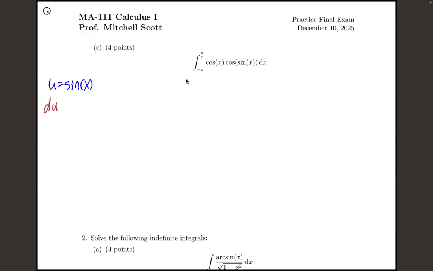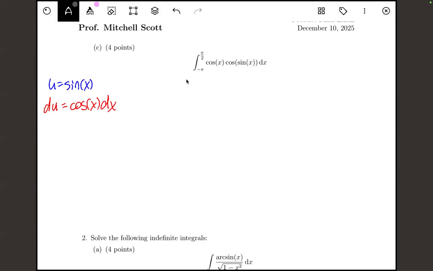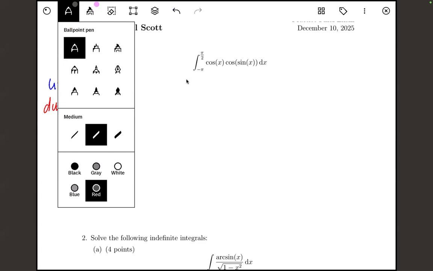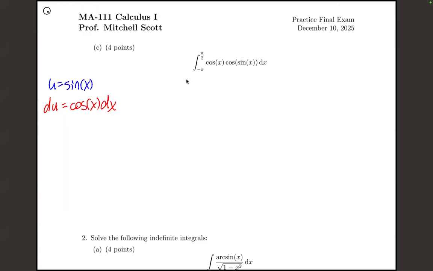So we end up with du is going to equal cosine of x dx. And remember, we're taking the derivative here, so that's why sine goes to cosine. Even though it is an integral problem, we are doing du here, and that's why we get cosine here, not minus cosine. Okay. And again, these bounds are in terms of x, but for demonstration purposes, I'm going to keep them in terms of x, right? So I'll just denote that as x equals minus pi, x equals pi over 2, and then now we have